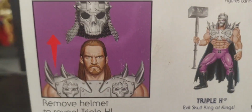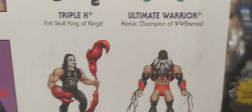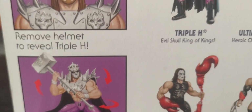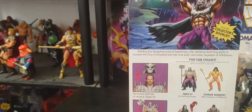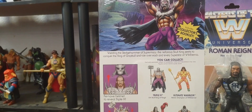Of course, there's a little glamour shot. You know, there he is right there, across the cross-cell. You got the Warrior, and you got Sting and Finn Balor. I mean, absolutely. And I'm kind of curious, if Pixel Dan, who I talk about quite a few times